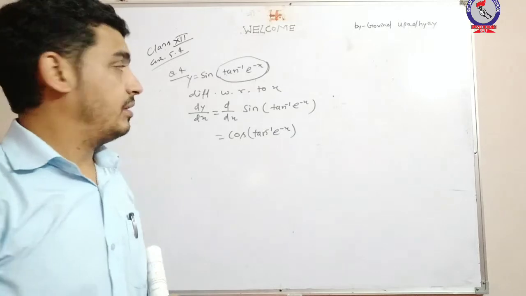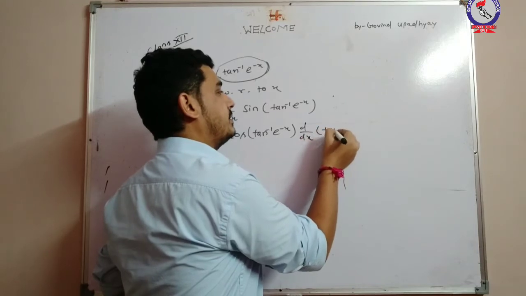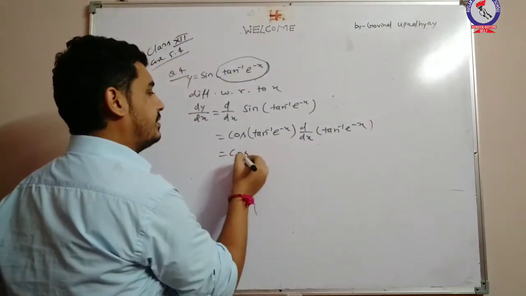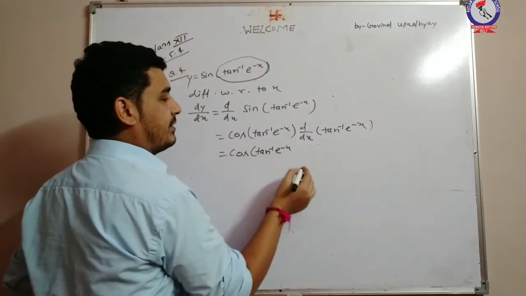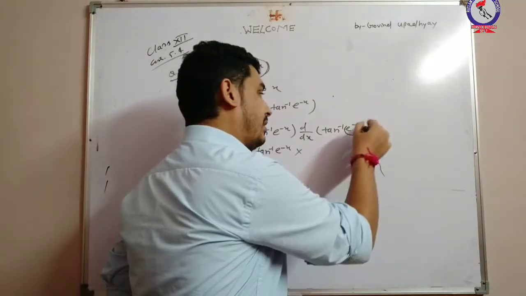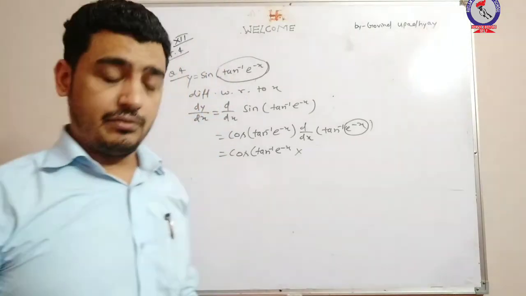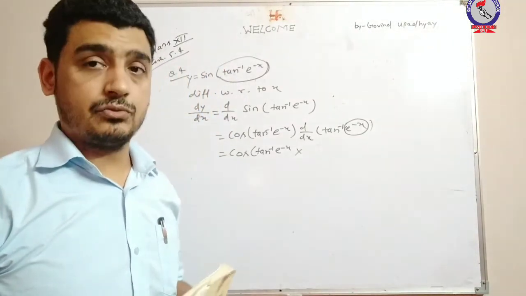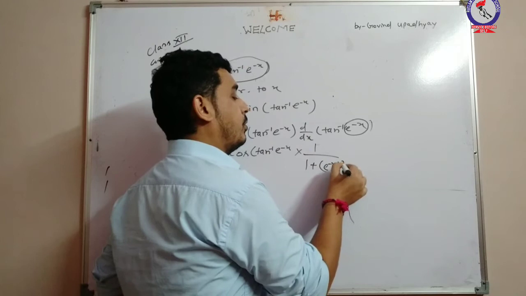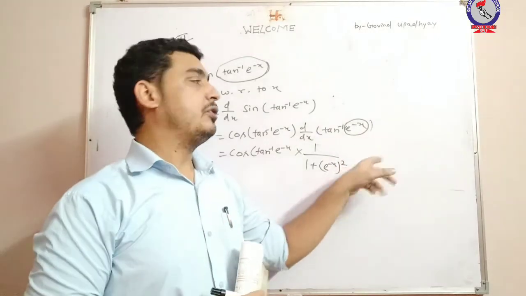Okay. Again, we will differentiate this x. So d by dx tan inverse e to the power minus x. Right. So cos tan inverse e to the power minus x. What is the d by dx of tan inverse x? Again, the theta of tan inverse is this. So first is tan inverse x. Differentiate of tan inverse x is 1 upon 1 plus x square, right? 1 upon 1 plus e to the power minus x whole square. Okay, 1 upon 1 plus x square, and the x of tan is e to the power minus x.